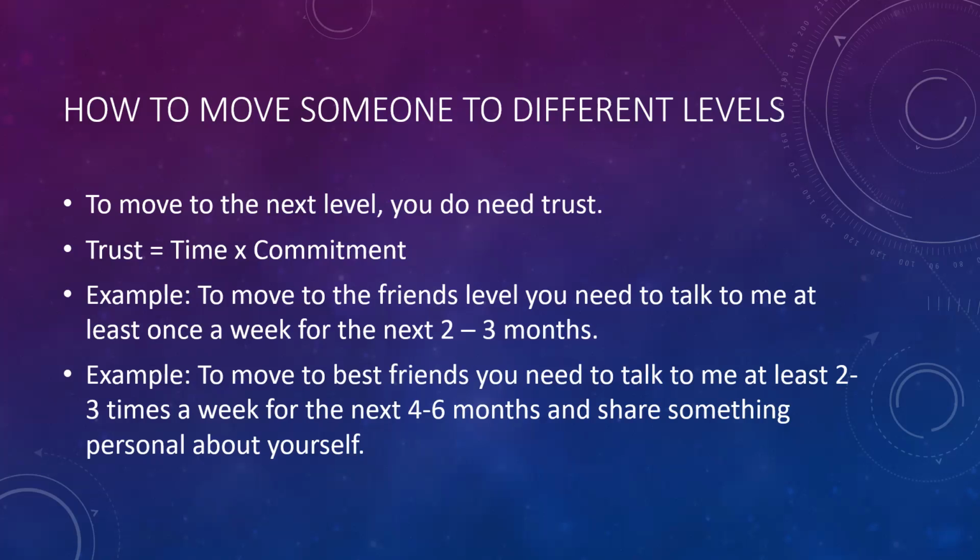And also, this could be vice versa. If someone wants to move you down, you would need to show time and commitment as well, because ultimately that friendship slash relationship will form, that foundation will build and solidify, and ultimately that trust will build and be there. And also, let's say they break that time or commitment, right? And they're not consistent with it. Then you can easily move them back to a higher level, whether that's level 2 or level 1. Because you're the one that controls when you move that person down to another level. So you also control if you move them back up to another level at the same time as well.